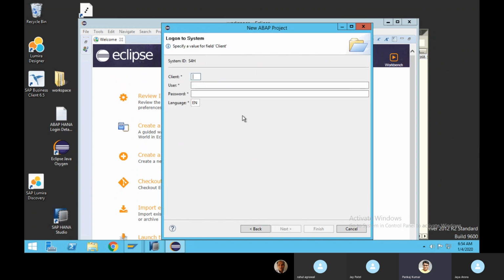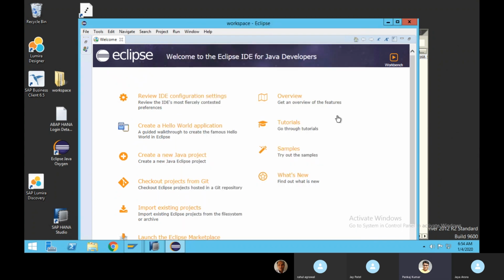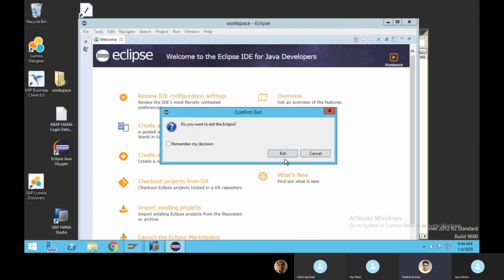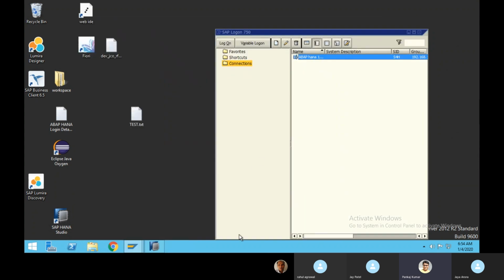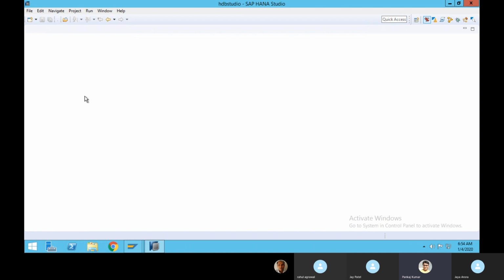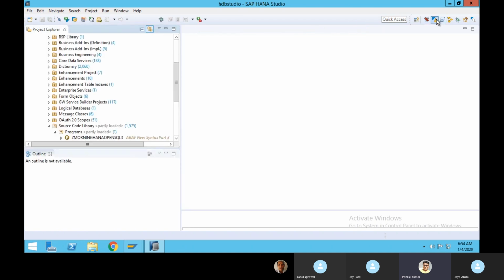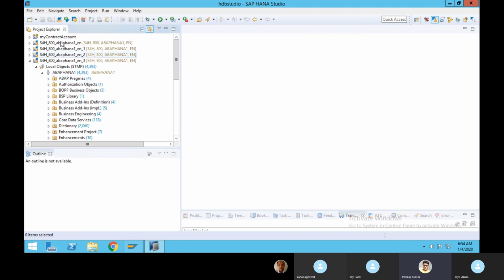In the same way, here also you have to give the client, user, and password and connect. Everything we are able to see in HANA Studio will come in the same way if you go to ABAP development, in terms of project. So in SAP HANA everything is configured nicely over here. Let's come and do it over here.